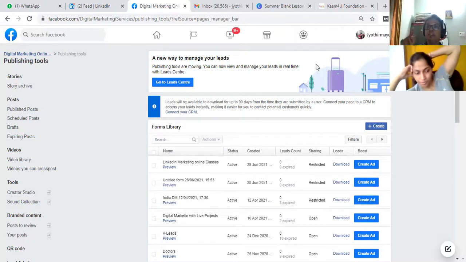From ads manager, you can check how much money we have spent and how much GST Facebook is deducting, everything. Once we run the campaign, I will show you one day how to check that also. Yeah, I got this. I'll check again. I will send you this video so that you can check again. After we run the campaign, I will teach you how to cross check the amount also. That will be useful for you.